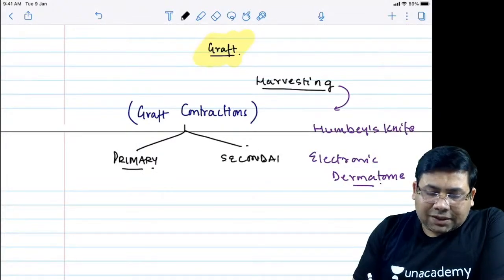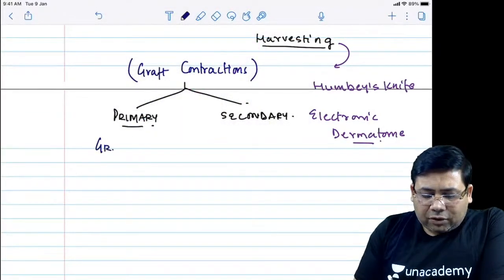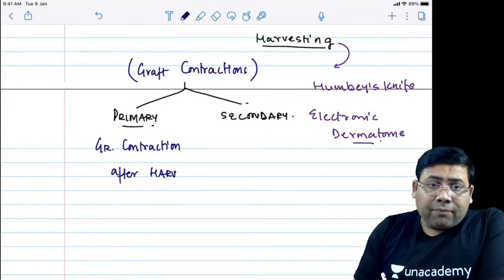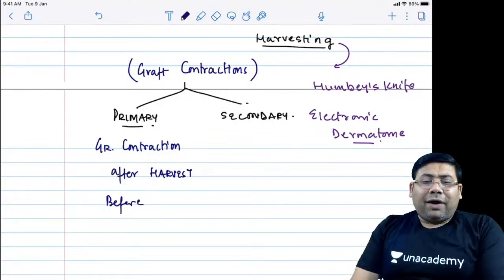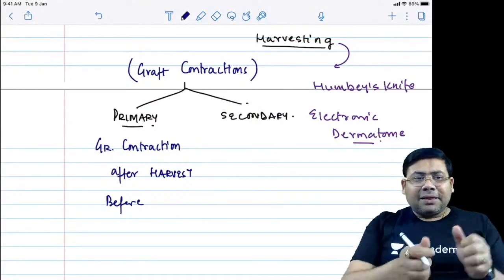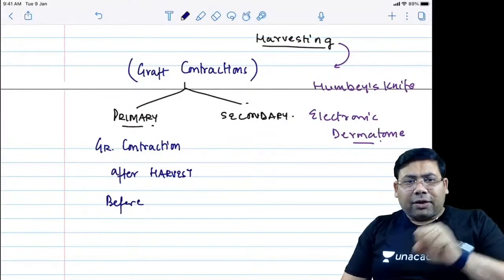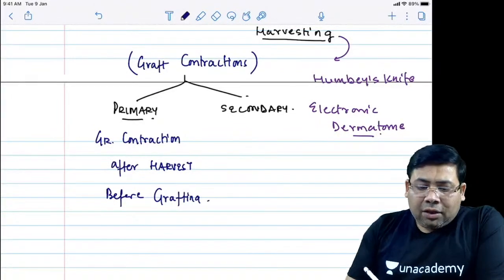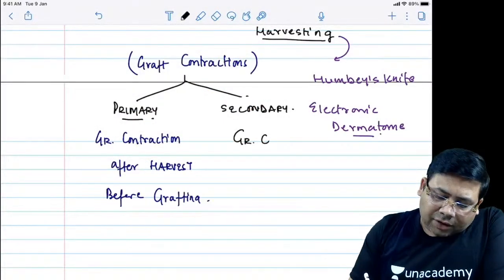So primary versus secondary. Now what is primary graft contraction? This is the graft contraction after harvest and before grafting. Is that clear? Why does this happen? Because the skin is under elastic strain, and whenever you release it, it will contract. So before grafting and after harvest. When you talk about secondary contraction,